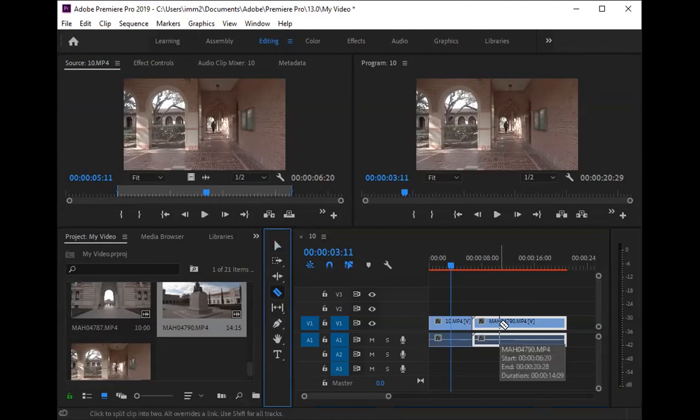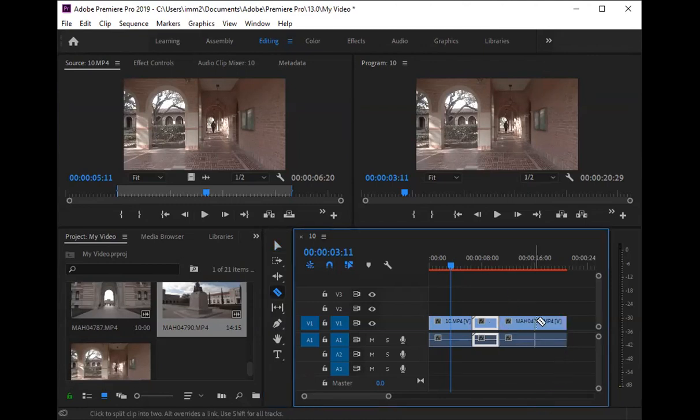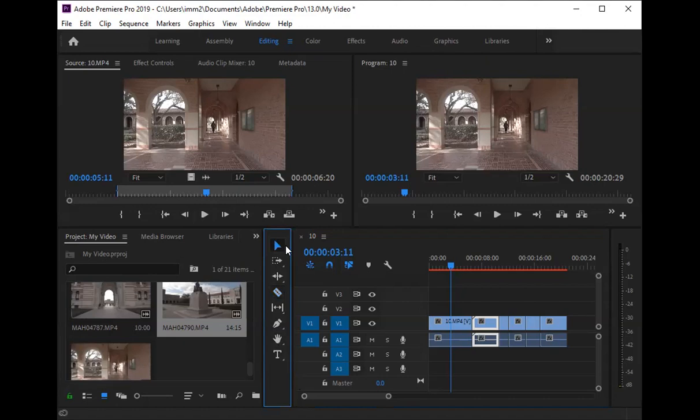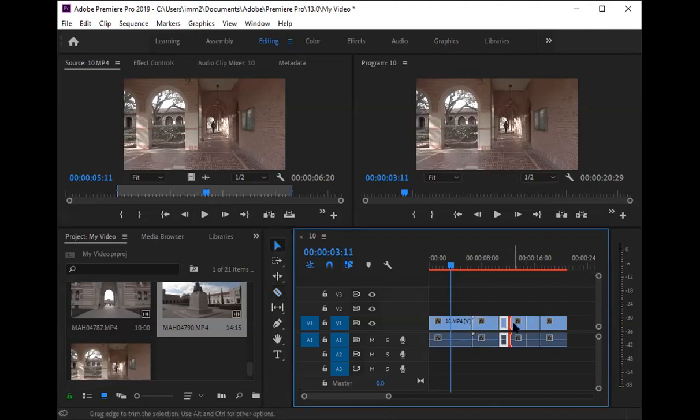I can select the razor tool and click in a clip, and it will cut up that clip where I do that. And so then I can select these sections of clips with the selection tool and just delete them as I see fit. One of the sort of curious things about it is